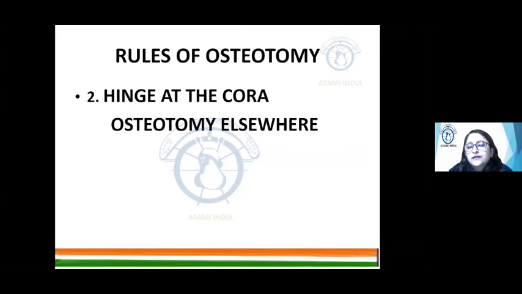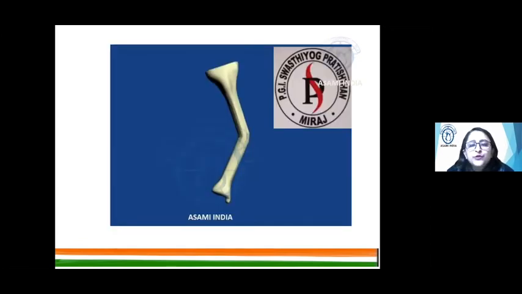Like Rajat has also mentioned, the CORA can be in the joint or very near to the joint, or sometimes the bone is very bad, sclerotic or bad bone at the level of CORA. So you have to avoid that level of osteotomy. Then you can do osteotomy elsewhere, but you're placing the hinge exactly at the CORA. So this is osteotomy rule 2. So let's see what happens when you do this.